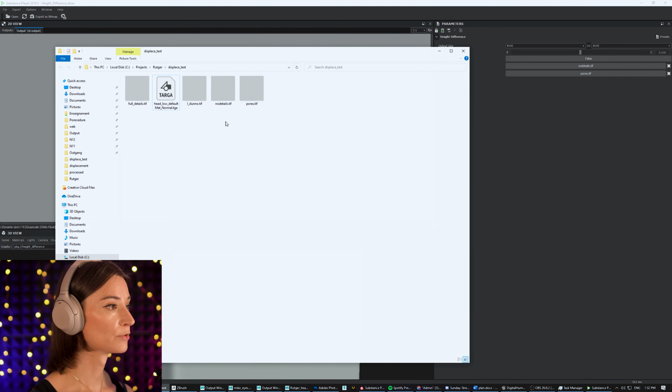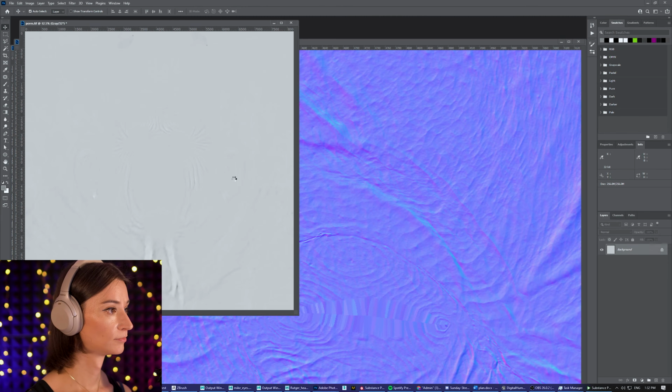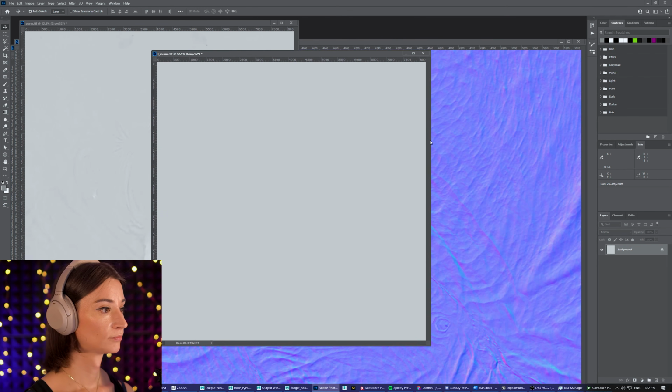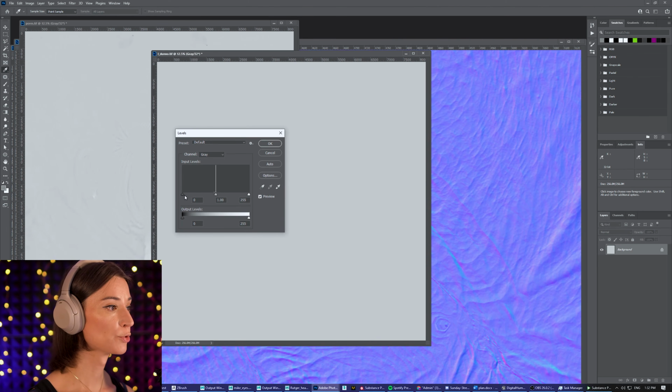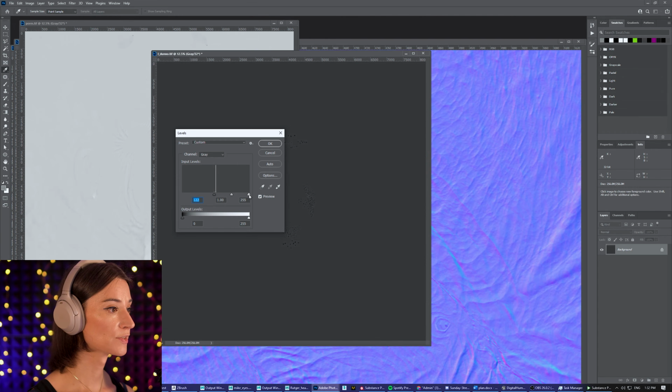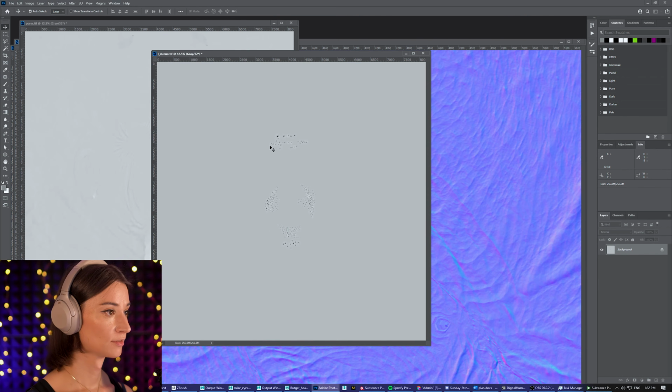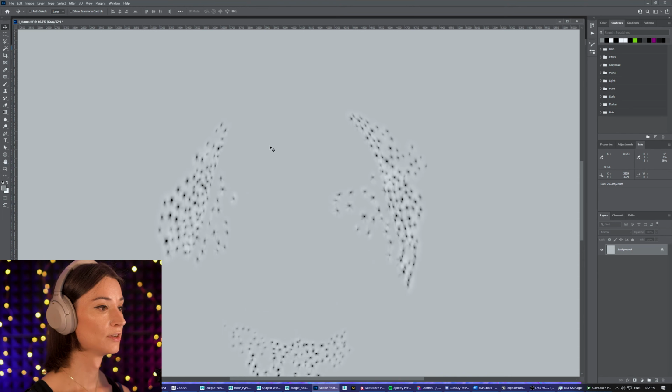Close this, go in our folder. Still a great texture, but once more, let's boost the contrast on this. And we have our isolated